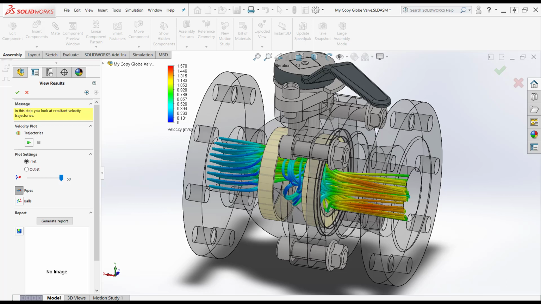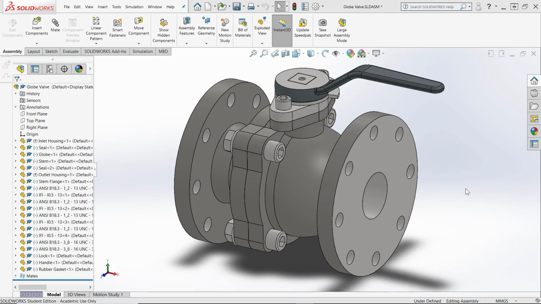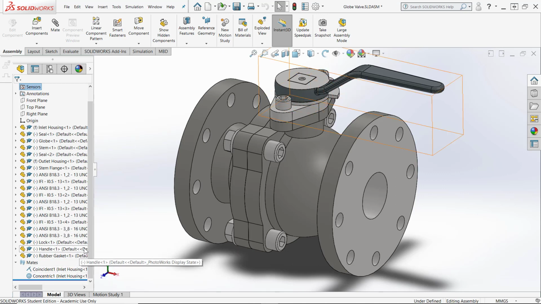In this lab, we want to use SOLIDWORKS FlowExpress to analyze water flow through a globe valve. So let's look at setting this up. Open up the globe valve assembly, and if we look over here, there are only a couple of constraints in